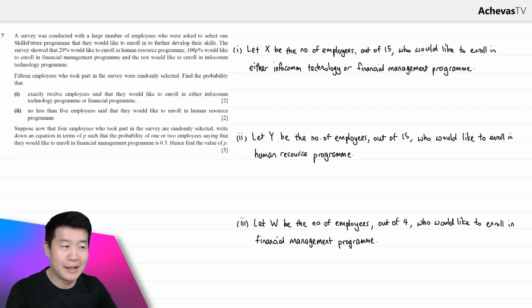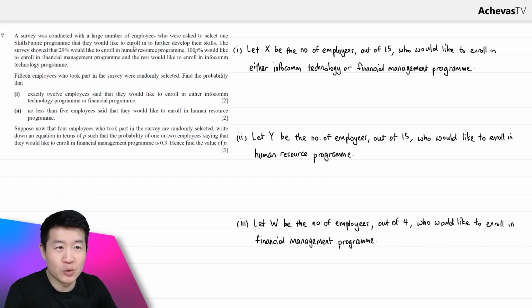We have written down my definition for the discrete random variables, so that I don't need to write all the words. But please remember, as part of your presentation marks, you need to be writing this down. In fact, it is not just presentation that makes writing this important, but it is also you conveying the fact that you have identified the distribution, and the condition for you to be applying the binomial distribution that we are going to be identifying. So for this, we have